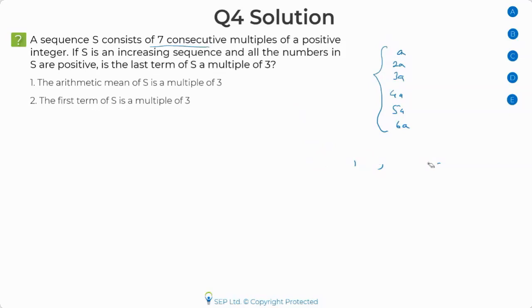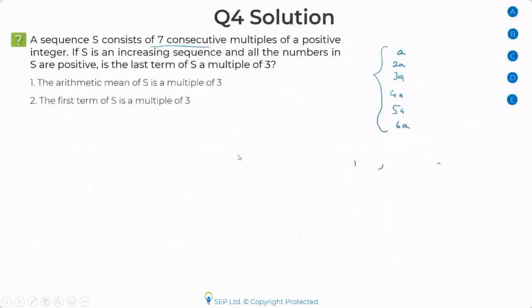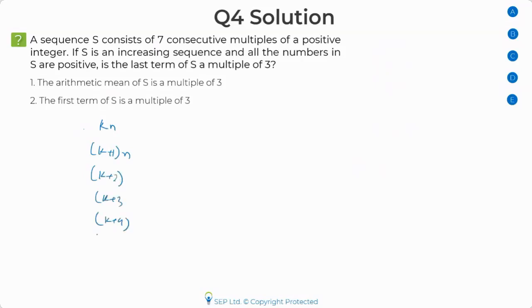Okay. So the right representation, as I think only John and Andrea have written correctly, is, oops, my bad, guys, just one sec. Yeah, only 2 of you have written it correctly. So you need to write it in this way. You take your number as, say, if you want to take it as n, take it as n, and then say the multiples are going to be kn, (k plus 1)n, (k plus 2)n, (k plus 3)n, (k plus 4)n, (k plus 5)n, (k plus 6)n. So these are your multiples.